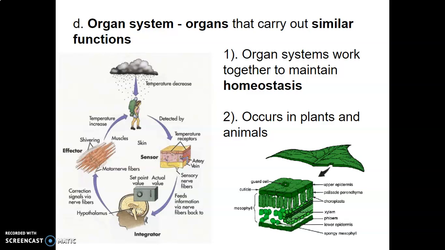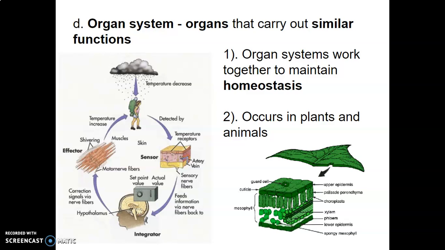Organ systems are organs that work together to carry out a similar function. We can think about in humans things like the digestive system is a collection of many different organs that work together for the similar function of taking in food, breaking down food, and then expelling wastes. So you eat that taco for lunch, your esophagus carries it down to your stomach, your stomach breaks it down, then it moves it on into your intestines that absorb out all the different